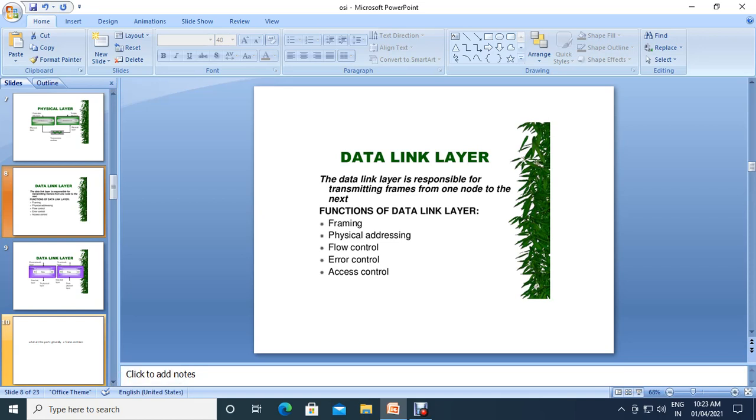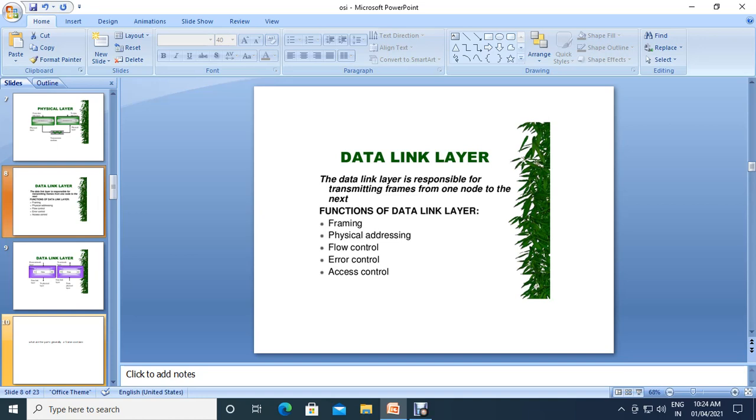Framing means we get the actual data from the network layer, divide it into some parts, and frame it in some format. In the frame we are using a header part, the actual data part, and the trailer part. In the header part we mention the physical addresses and some error control bits.